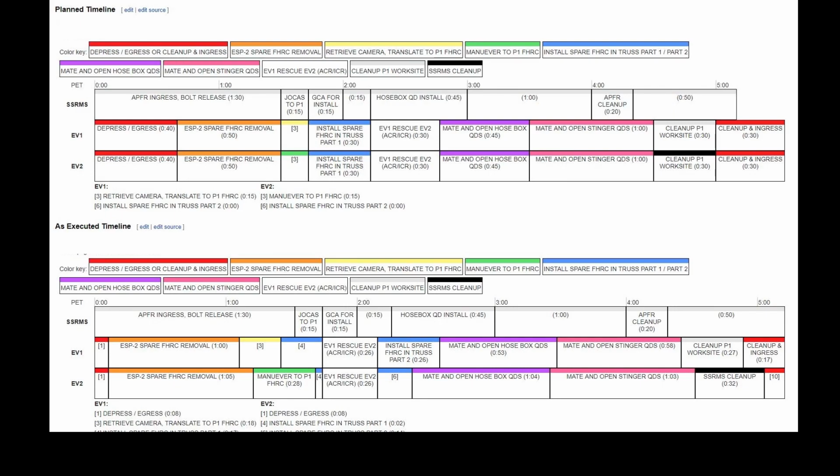on the as executed timeline, and you can see there's some difference there as you encounter unexpected things during the spacewalk. And this analysis of the gap between these two things, either planning better to make the top better match the bottom next time, or understanding why something deviated, is a major amount of effort that's expended within mission control.